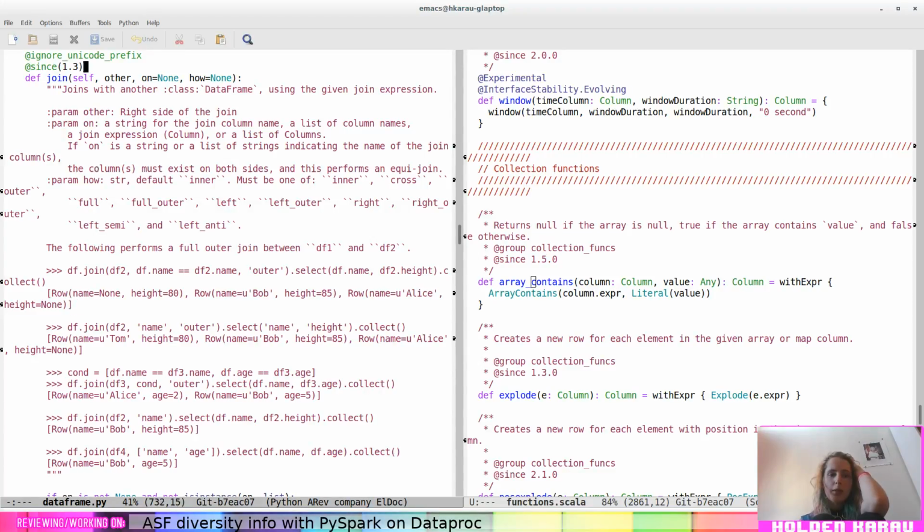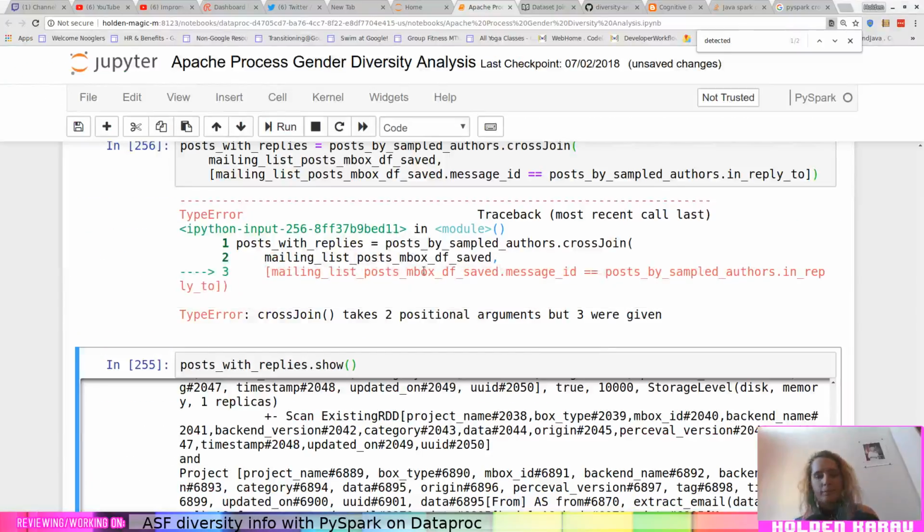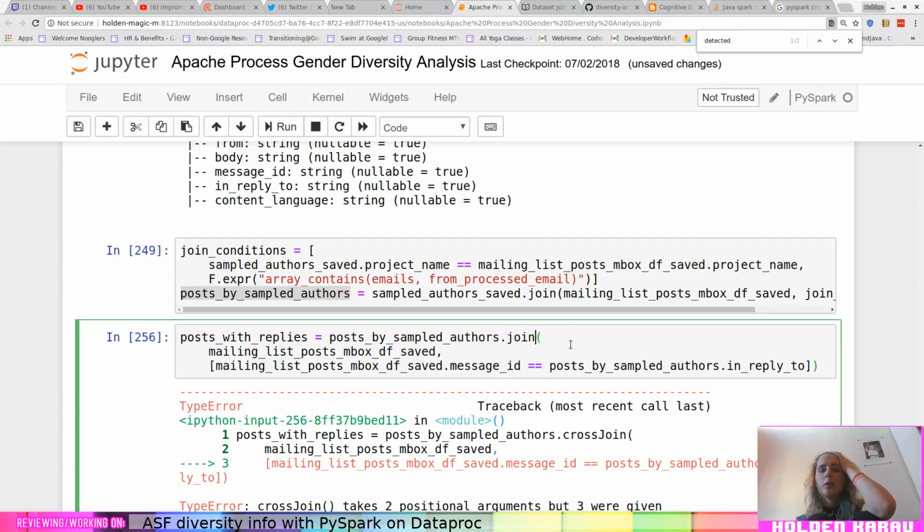This is not exactly what I want. Why is this claiming that I'm doing a cross join? I don't think I am, unless I screwed something up here. Okay, I'm joining this. Swap this condition around.